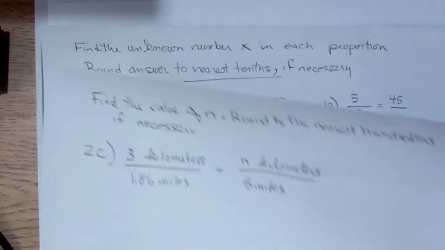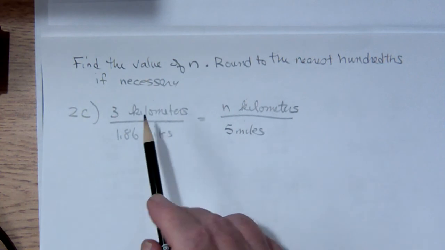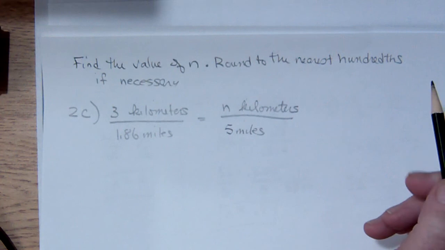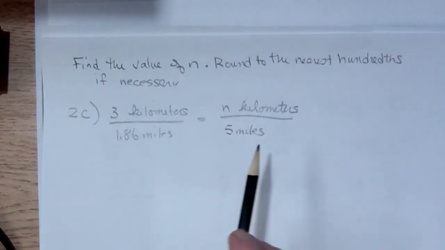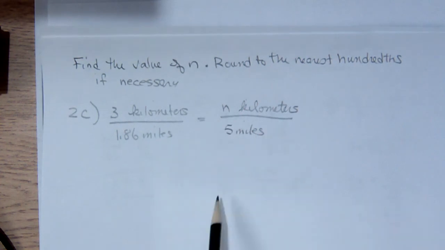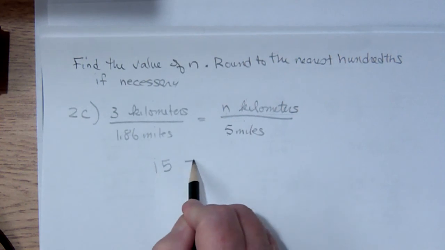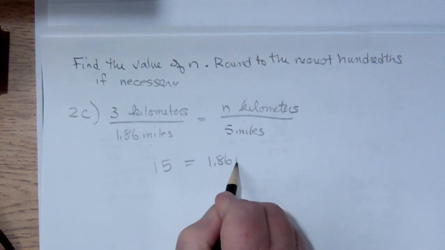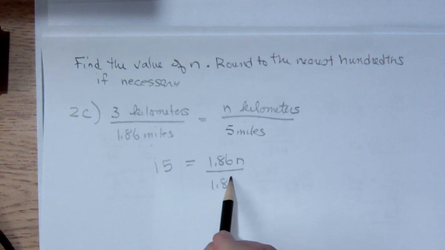Sometimes the variable isn't x, it could be anything, but here we're going to let it be n. So here we're trying to find the values of n, and we want to round to the nearest hundredth this time, if necessary. And these units are going to remain. The answer will be n, and it's going to be kilometers. So we'll take the 5 times the 3 to get 15, and this times this will be 1.86 times n. Now we're going to divide both sides by 1.86,